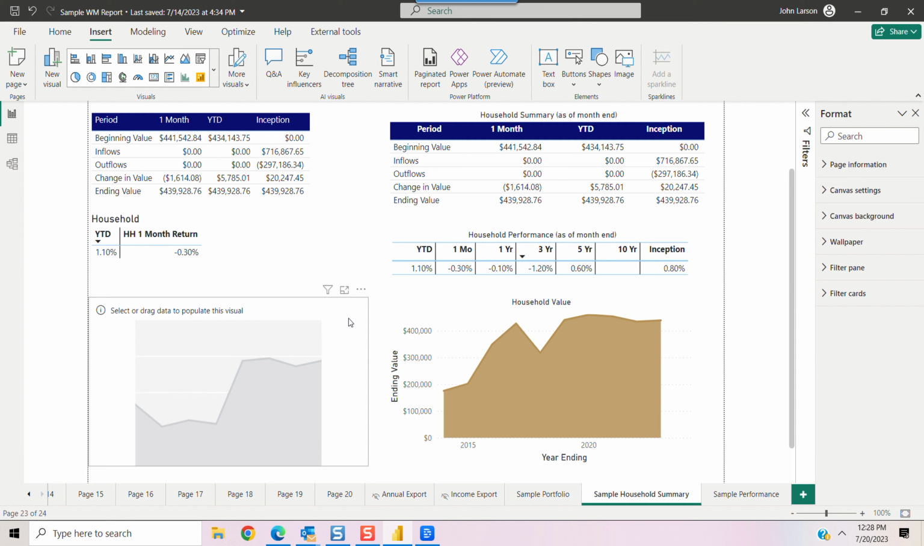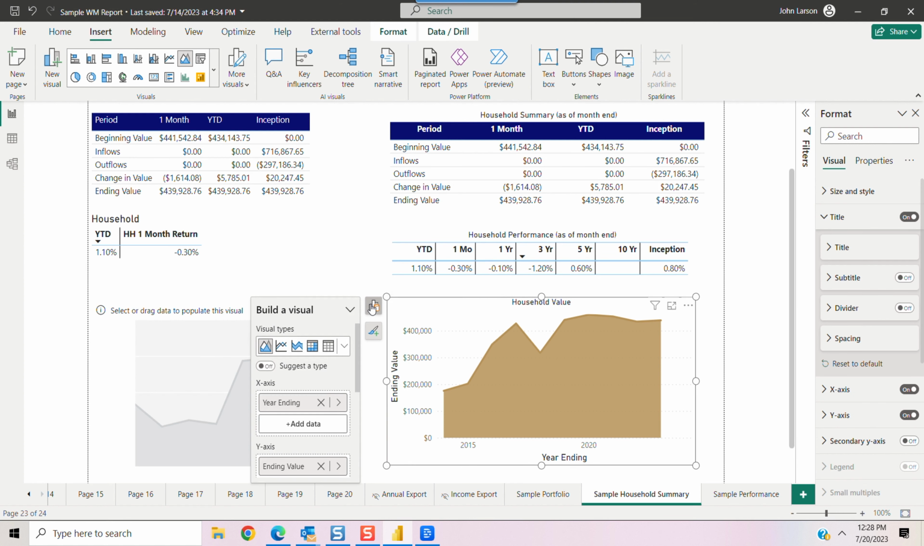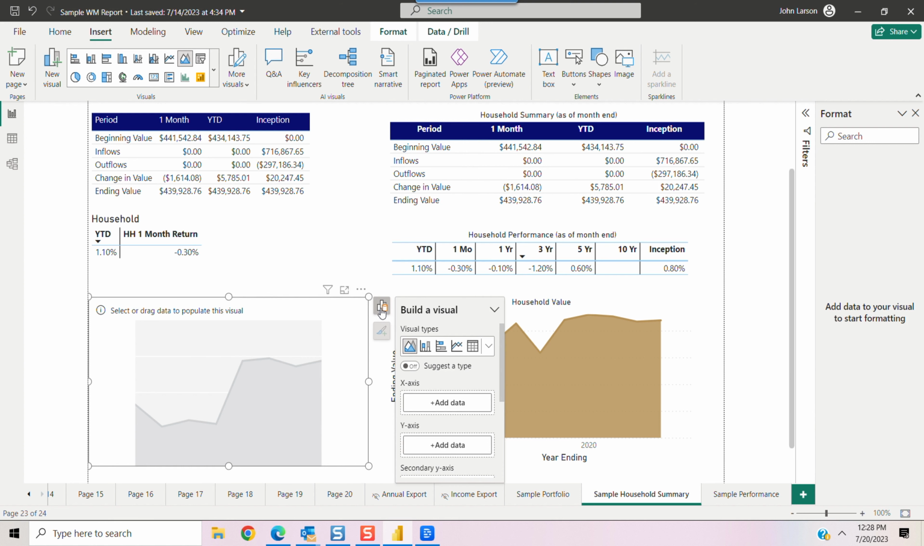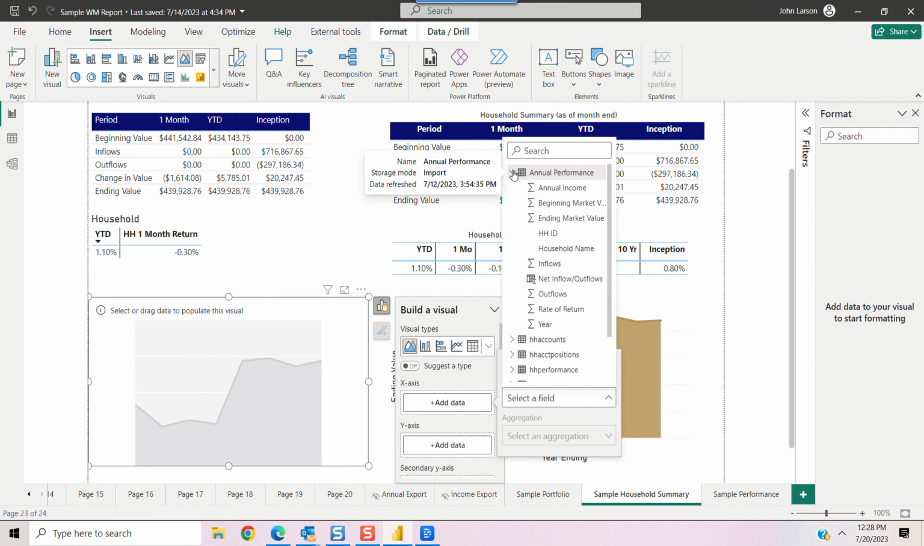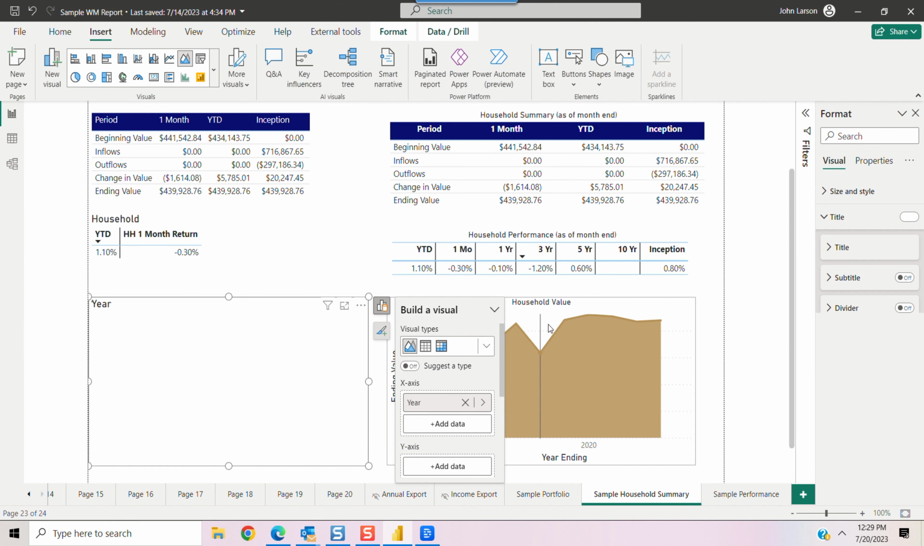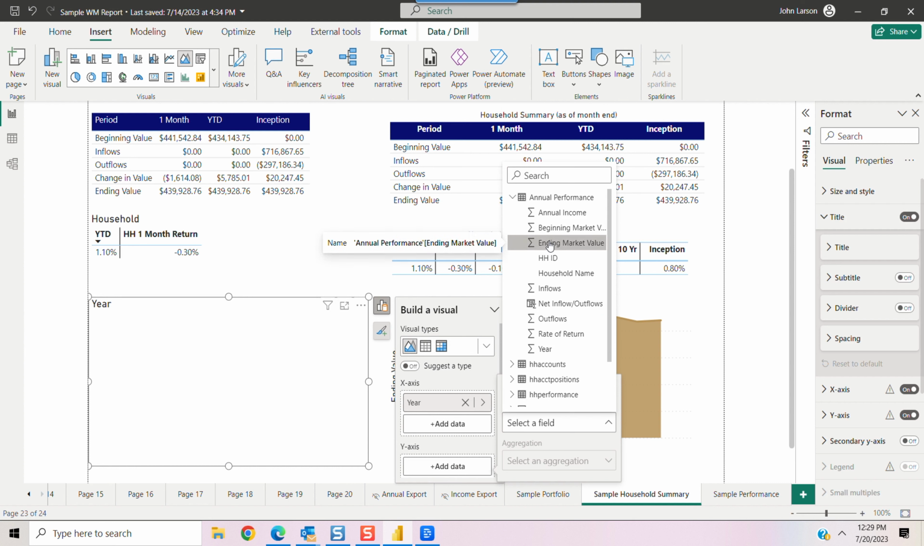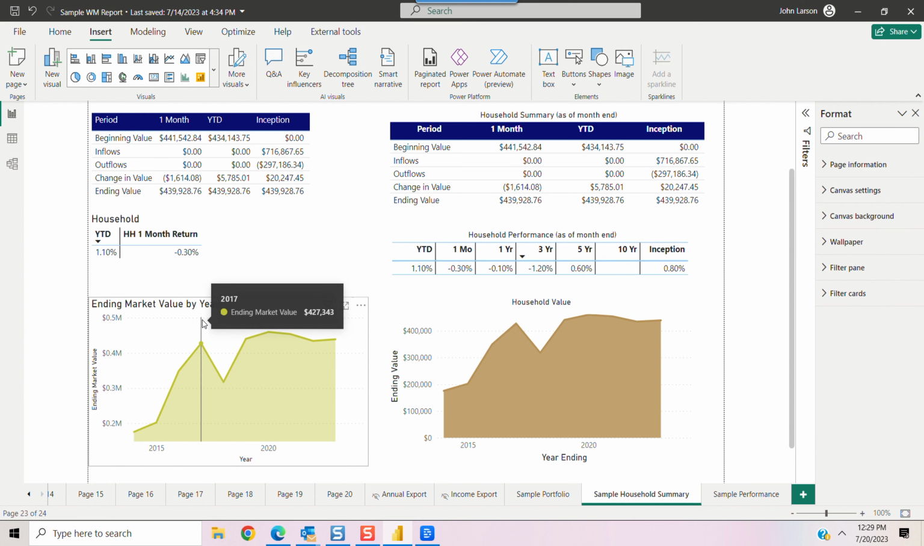And in this case, the data for this chart comes from the annual performance table. So I will click on the data icon, Add Data. Under Annual Performance, I will select the year for the x-axis, and then the value for the y-axis will be the ending market value. So here we have our visualization, and to make some formatting changes, I'll click on the